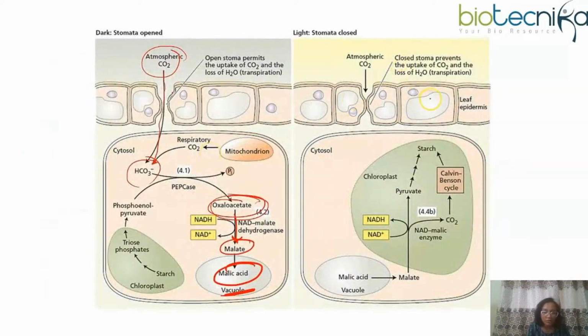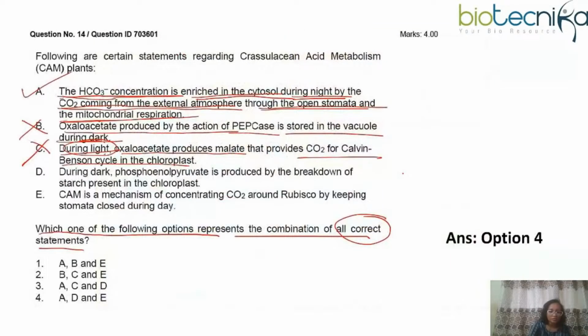Malate comes out from the vacuole, and malate enters into the stroma of the chloroplast, where it is converted to pyruvate. Okay, so do you see what is wrong with that sentence? Oxaloacetate does not produce malate in light. Now statement D. During dark,